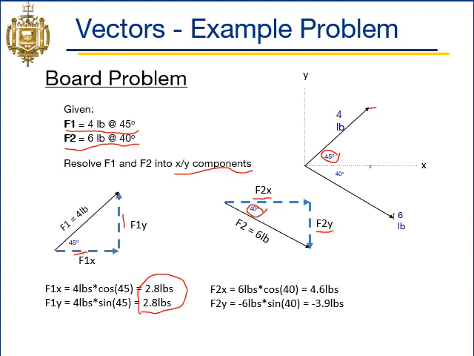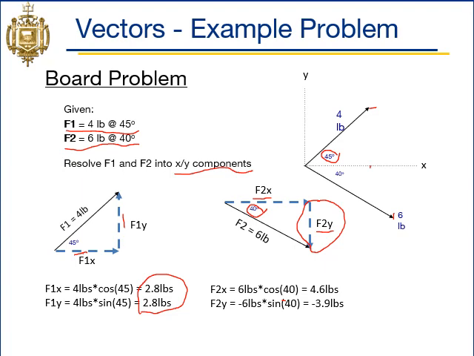And why are we negative? Well, because this vector is going down. This F2y vector is going down, so it's either negative 6 pounds, or this could also be negative 40 degrees there. So our F2x is going to be 4.6 pounds, and our F2y is going to be negative 3.9 pounds